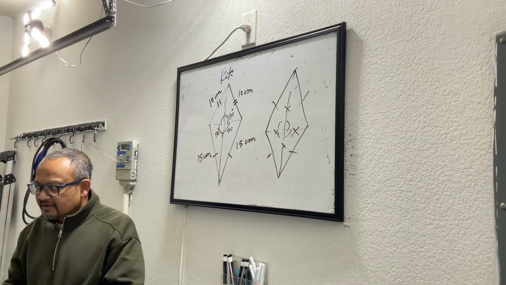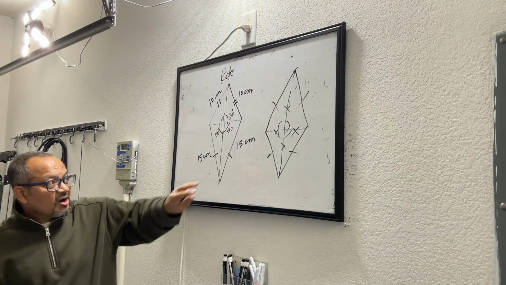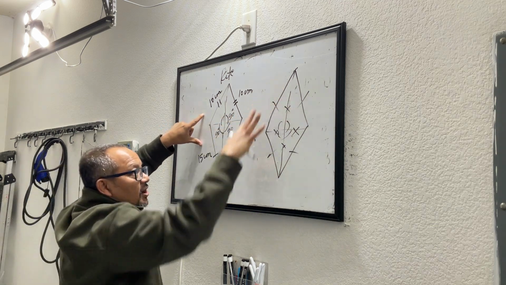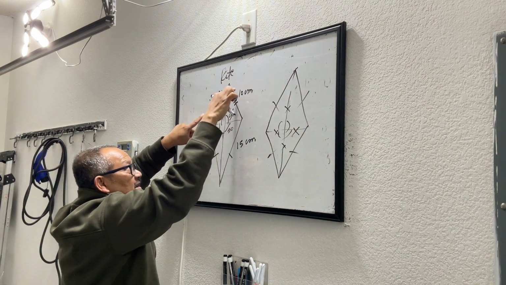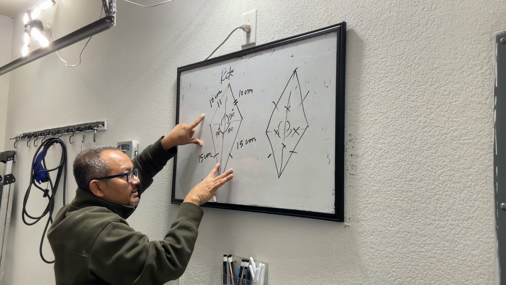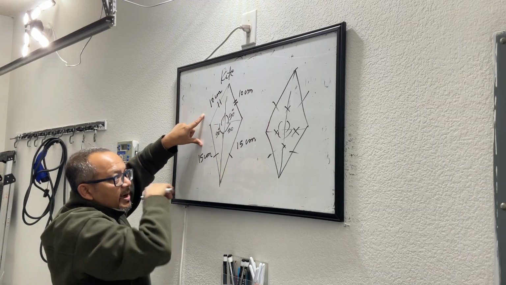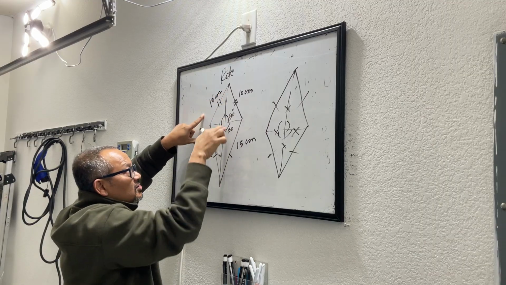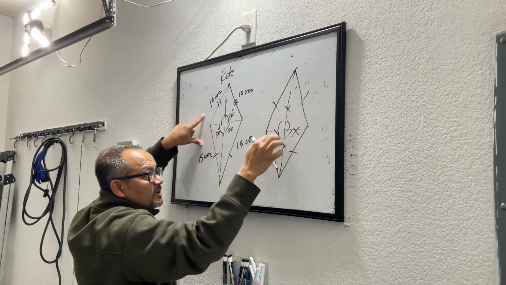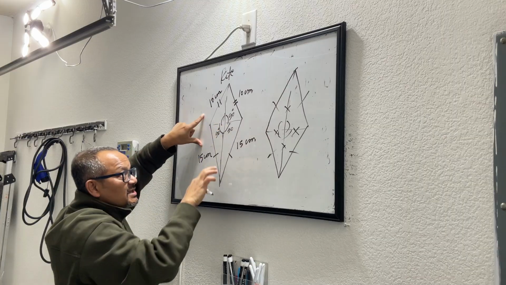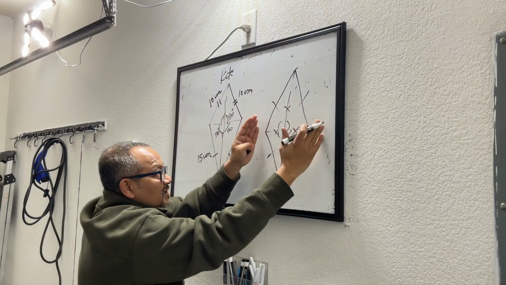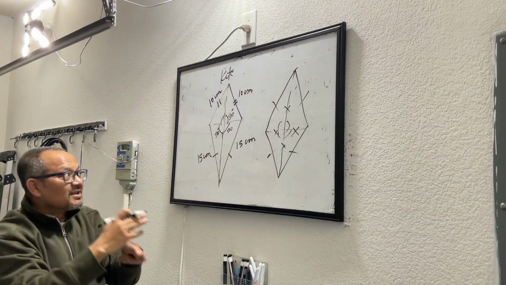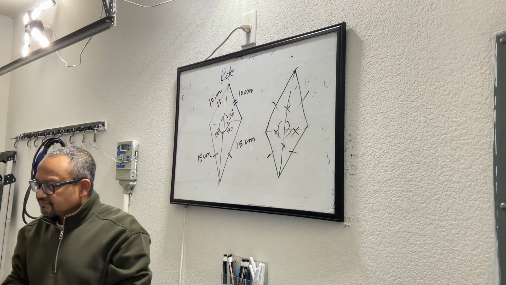Is that okay? So between rhombus and kite, if you have to know the difference, rhombus has all four sides same. It has only top two and bottom two sides of same length. What is common between rhombus and kite? Here the diagonals also meet at 90 degree. Here also the diagonals meet at 90 degree. But the difference is, in case of rhombus, the diagonals divide each other into two equal parts. Here that is not the case.